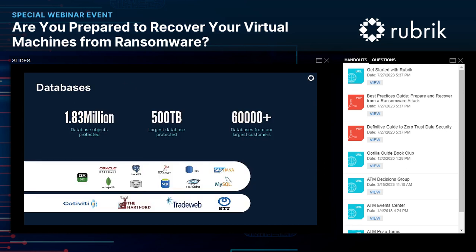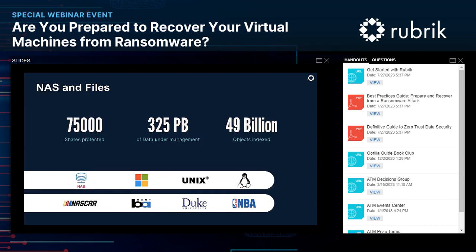One of our largest databases is now over 600 terabytes on Oracle. And while that is already enormous, it's well on its way to being over 1 petabyte in size in the near future. When it comes to unstructured data, scale out and scale up both come into play. We have customers with very large files being protected, like media files or flat file databases, as well as customers with massive quantities of small files. Not only are these being protected, but still meeting our customers' recovery point objectives and recovery time objectives for restores.